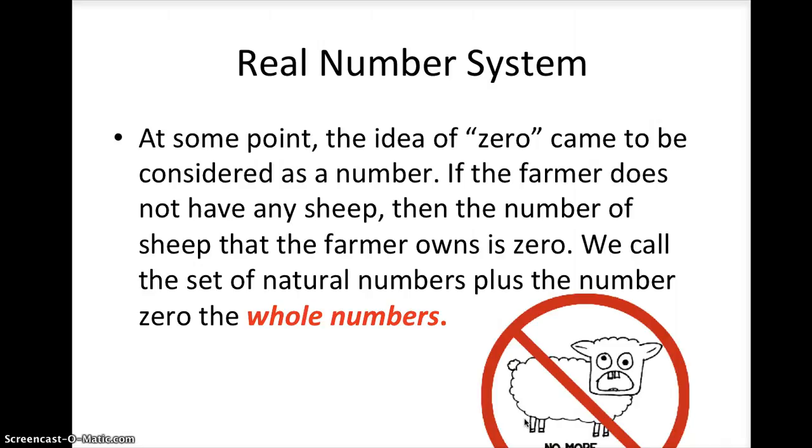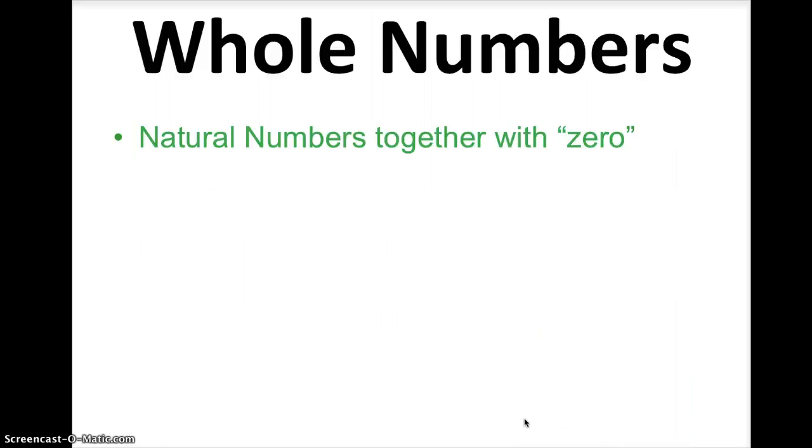So when we add zero to our counting numbers or natural numbers, we start classifying that as whole numbers. So whole numbers are natural numbers with zero. And so you have 0, 1, 2, 3, 4,